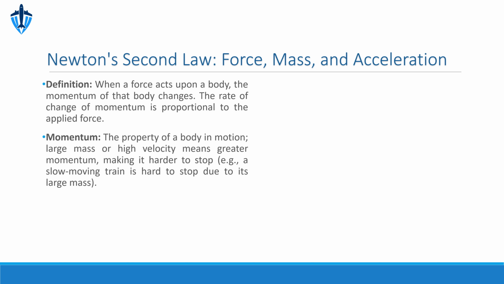Now, why does it move in a circle and not just fly off? This brings us to the concept of inertia. An object in motion wants to stay in motion in a straight line. So to keep it moving in a circle, it must be continuously pulled or pushed away from that straight path. This essential inward acting force is what we call centripetal force. It's always directed towards the center of the circle, like the tension in our string example. Without it, the object would indeed fly off tangentially.